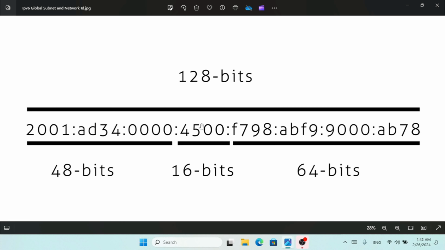Today in this video we are going to look at different types of IPv6. But before we do, let me just show you what IPv6 addresses look like. So here, as you can see, I have this IPv6 address. In this address you can find